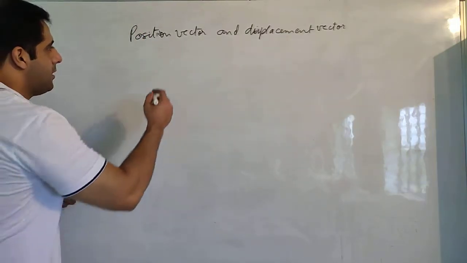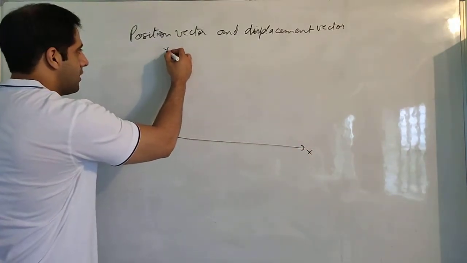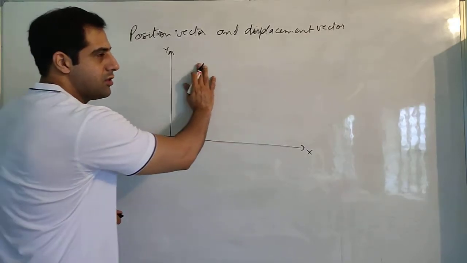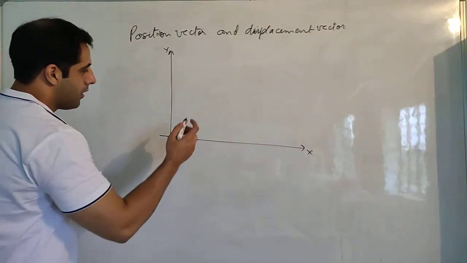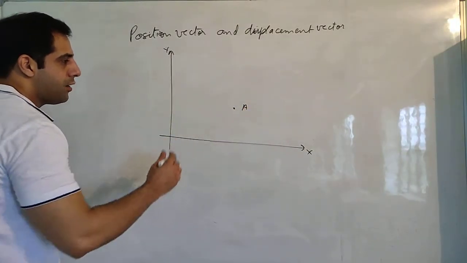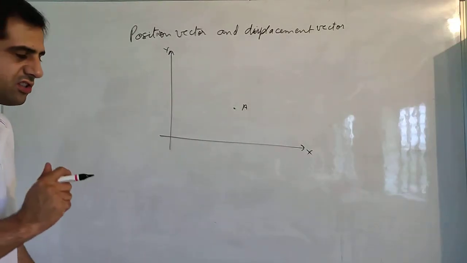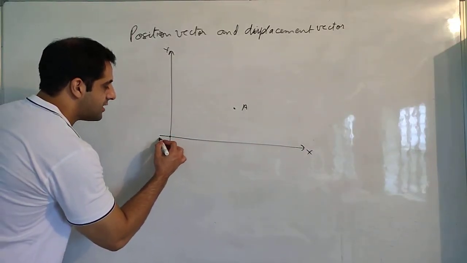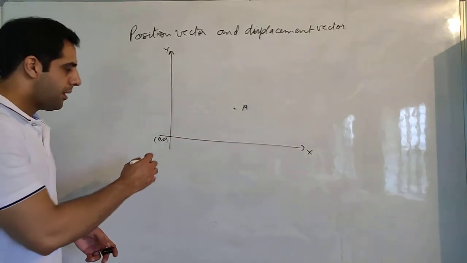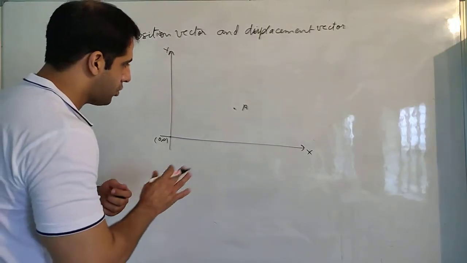I will give you an example. Let us say that we have the normal xy axes. This plane will be an xy plane because it is between the x and y axes. Now suppose there is a particle at point A. If we need to define the position of the particle by using a vector, then we have to choose a reference point. Generally we take the origin as the reference point because it is the easiest one to understand, but it can be anything. It will depend on us. In many questions we will change the reference point according to our ease.